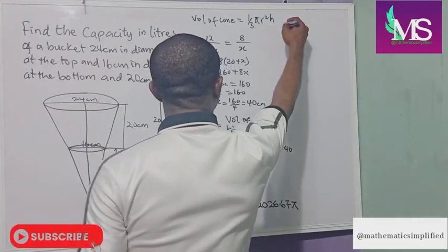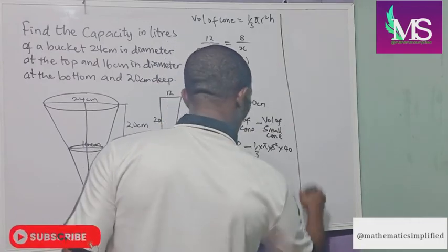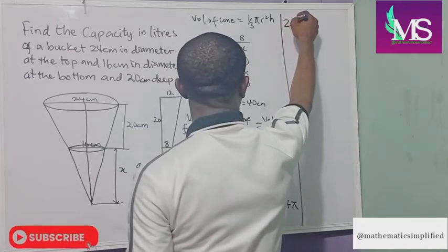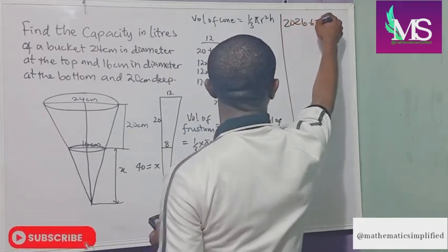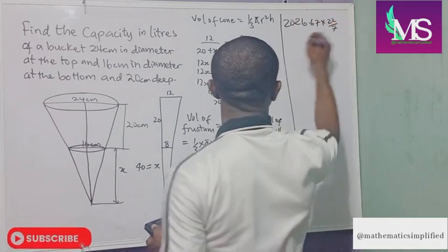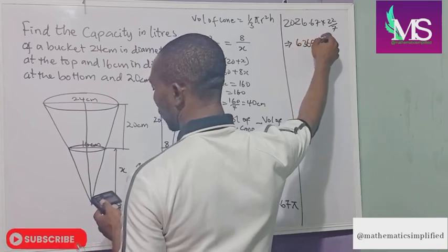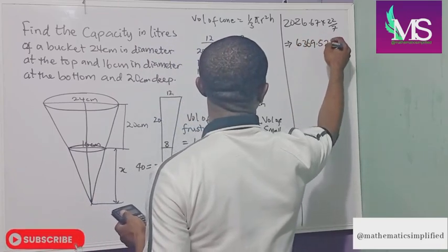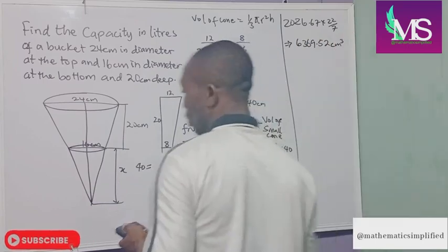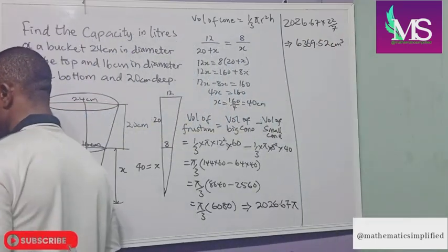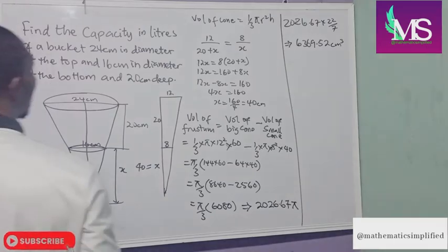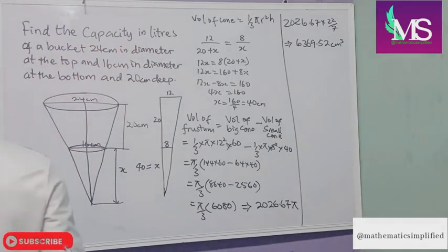This will now give us 2026.67 times 22 over 7, which is a value of pi, and that will give us 6369.52 centimeter cube. Now, they say we should find the capacity in liters, and we know that